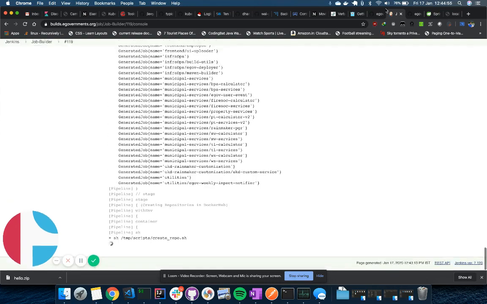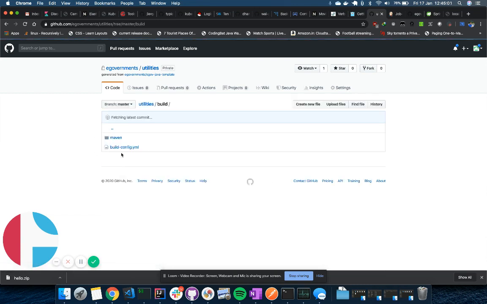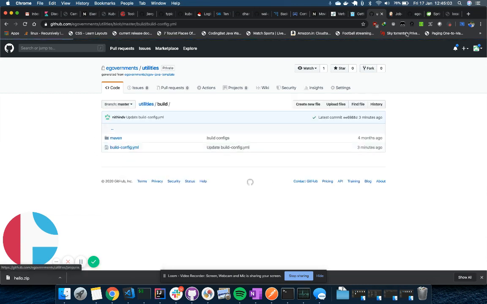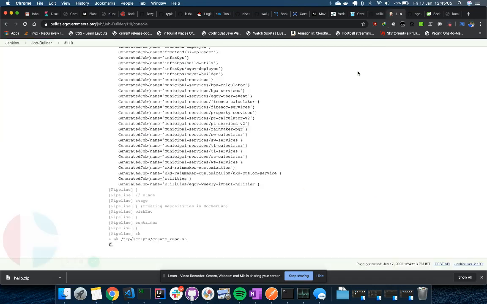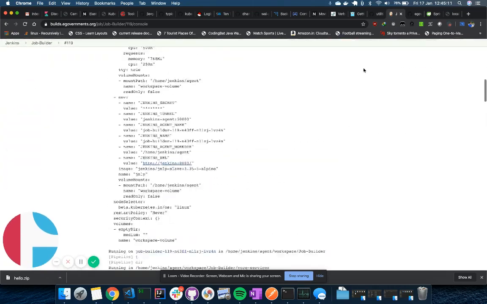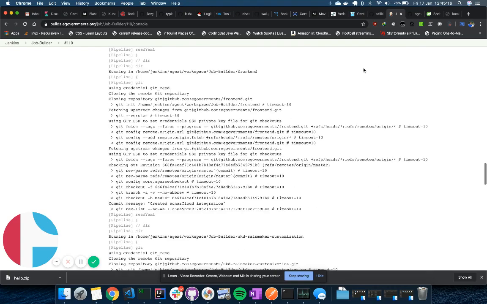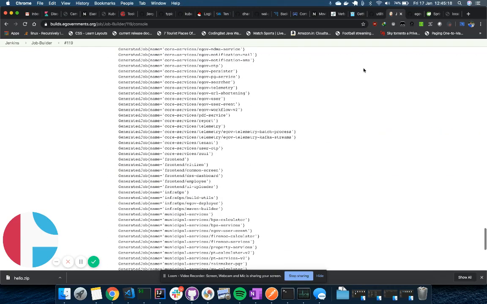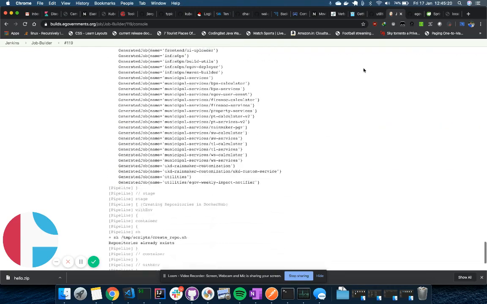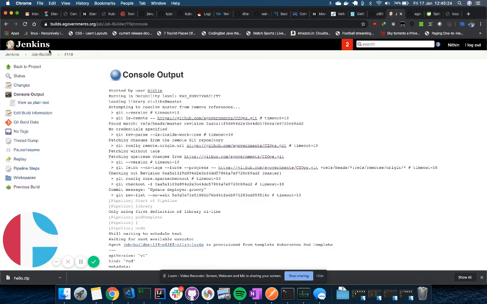And now we'll rerun the script again, because it was not yet on master, and until it's on master, the build will not be picked up, the new thing. Once it's done, we'll rerun. As you can see, it goes to all of the repos that are configured. It will get the build config, and then it would actually generate what all services need to be created or added or removed and stuff like that. So we'll rerun this.